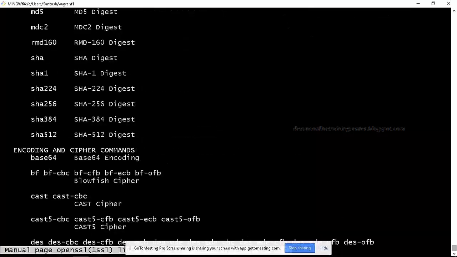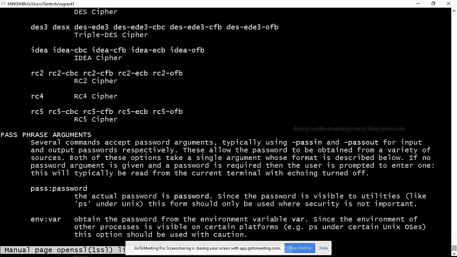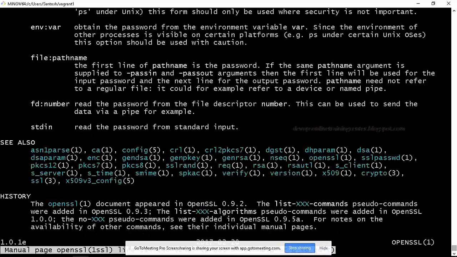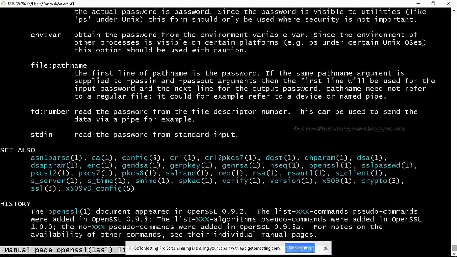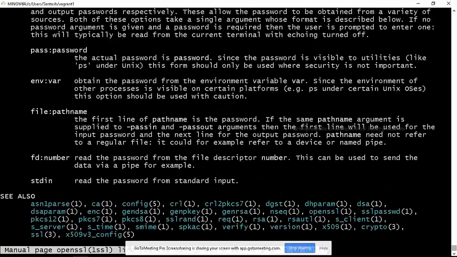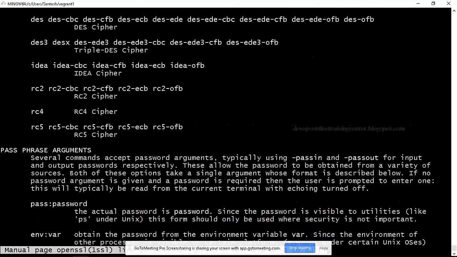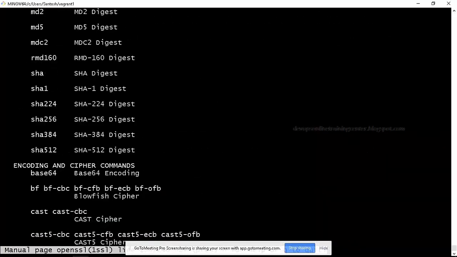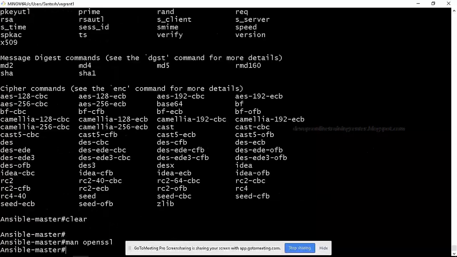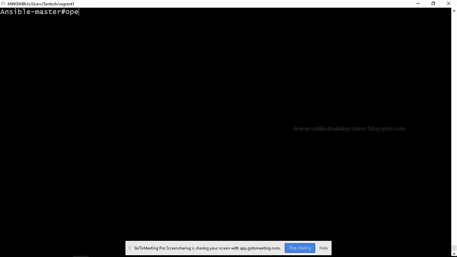So we can generate an encrypted password using OpenSSL. I'm just trying to see the examples. So OpenSSL passwd.